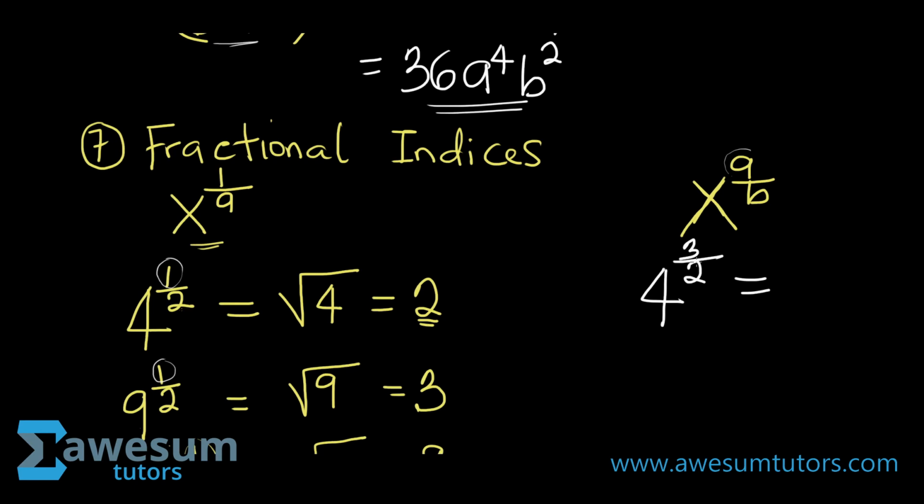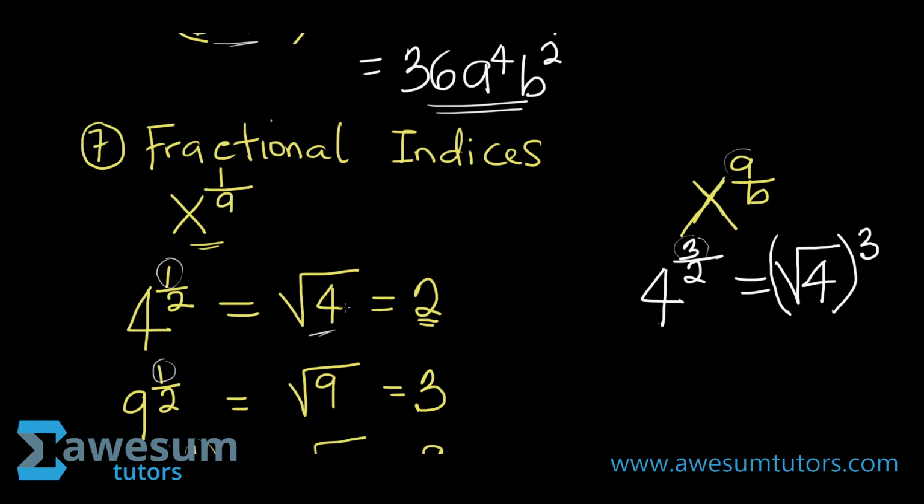Denominator right here is 2, which is going to be the same thing as what we did here. So that's going to be square root. Take note, square root of 4. But right now, your numerator is 3. In that case, I would then say raised to the power of 3. I'm sure by now you should be thinking that,